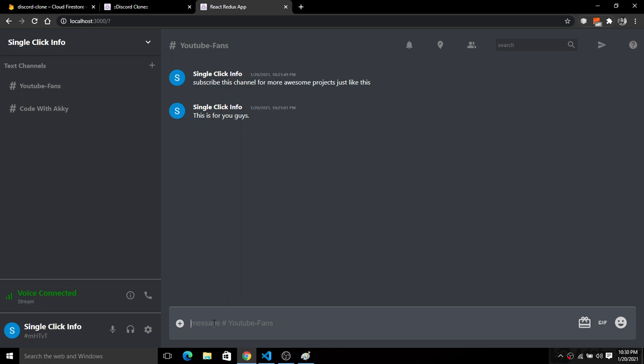I'm going to simply add another message here, and you will see the message will be pushed directly in real time. So I'm going to push this message. Wow, it works. When I hit this enter button, the message will be pushed to Firebase, and the message is fetched and rendered on the screen in the meantime. As you can see, we have a very nice timestamp here, and the username with the message here.